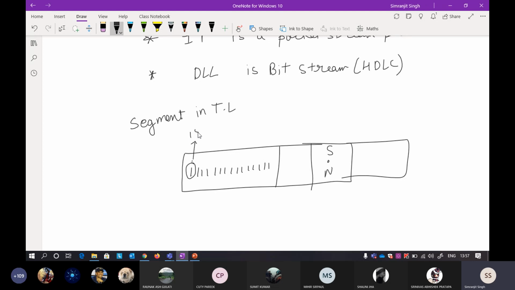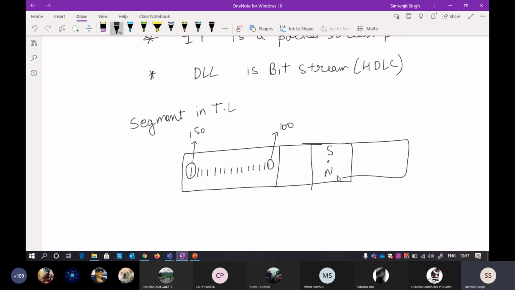I'm saying it starts from 100 and goes up to 150. Every byte is given a sequence number, 100, 101, 102 and so on, up to 150. This is your last sequence number.